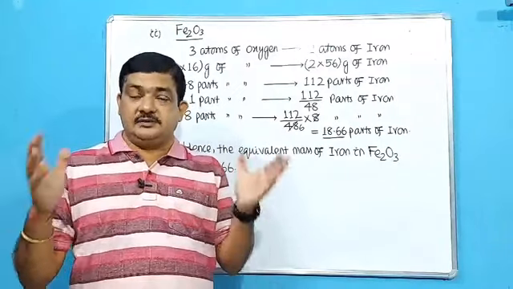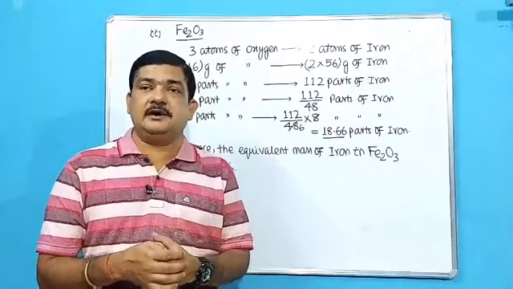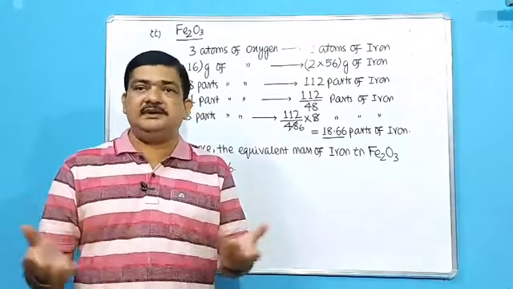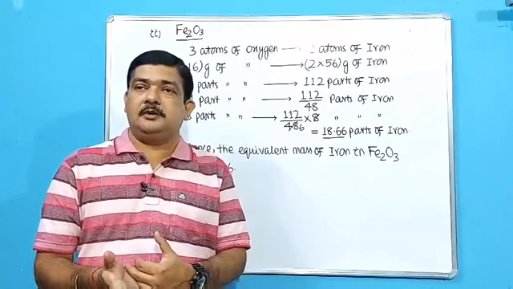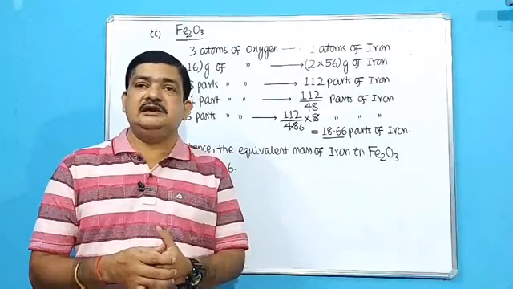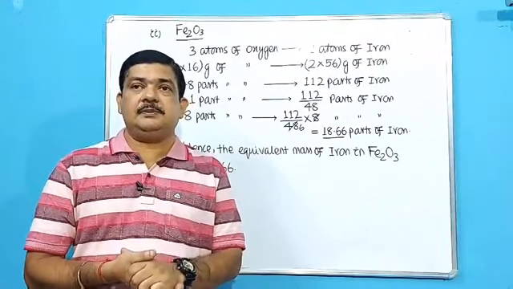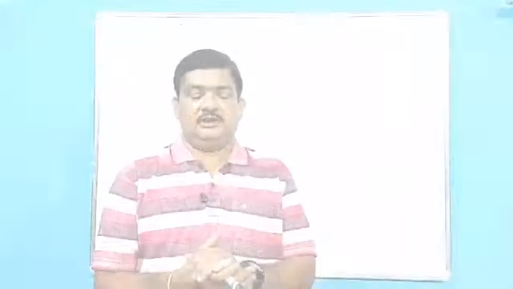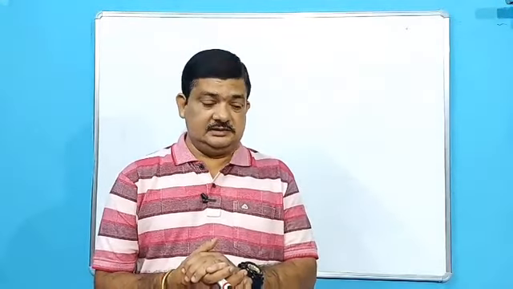Equivalent mass of a substance is broadly divided into 3 parts: acid, base and salt. There is a direct formula to calculate the equivalent mass of an acid, a base, a salt, an ion, everything. You simply write down the compound, find out whether it is an acid, base or salt, and easily find the equivalent mass using the formula. Next we will go for the various formulae to calculate the equivalent mass.